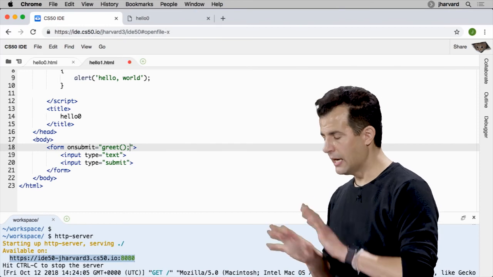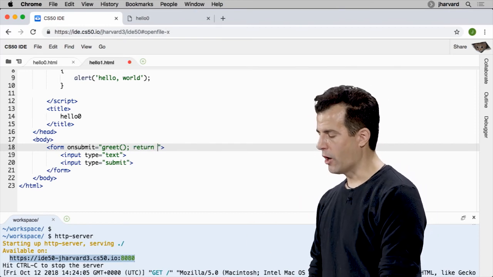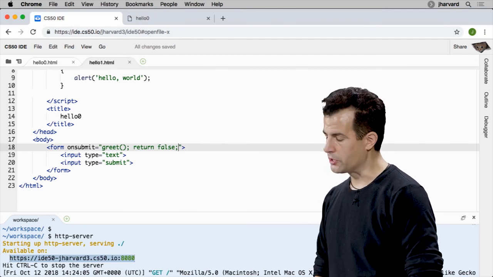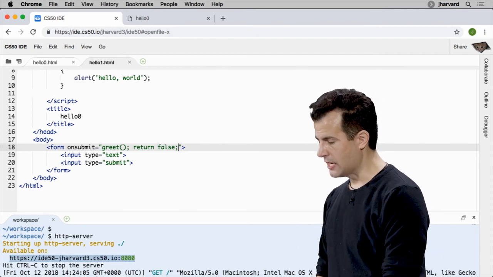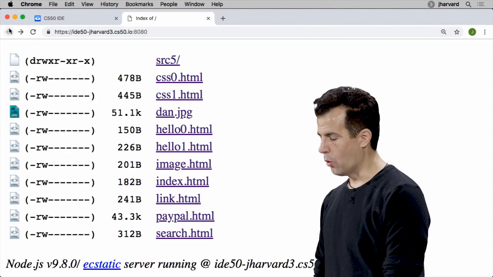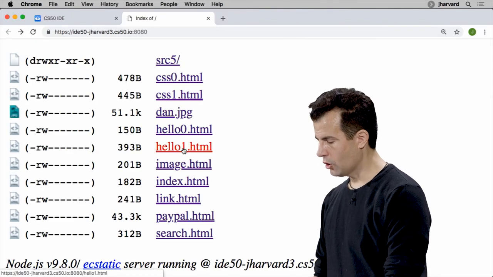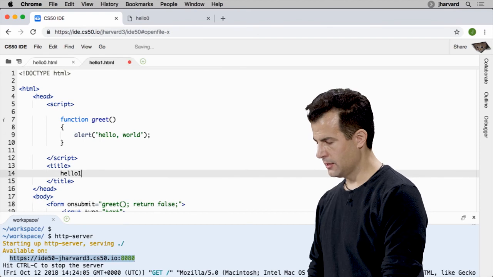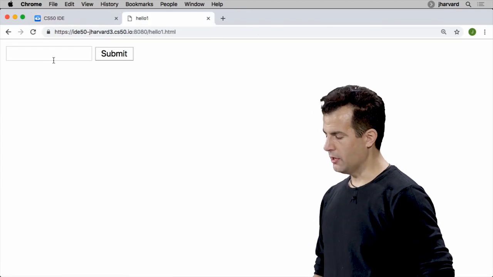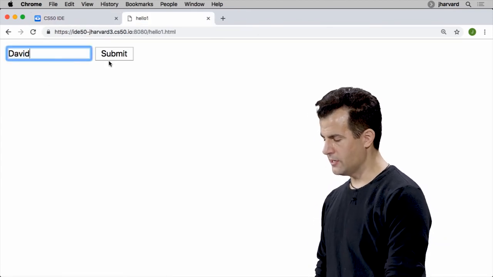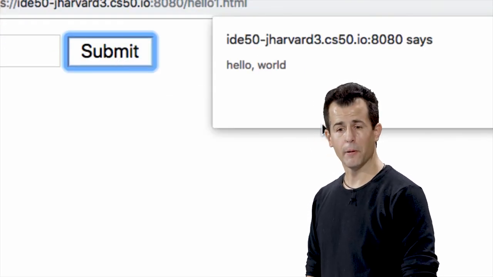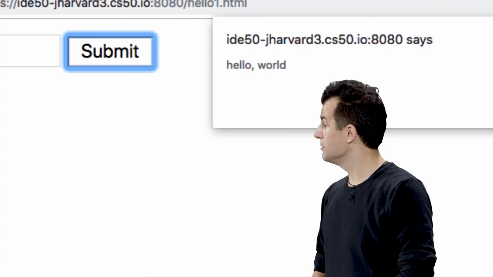So I can actually tell the browser on submission of this form to call a function that I wrote. And now let me just preemptively write return false for reasons we'll come back to in a moment, just to make sure this actually works. Now, let me go ahead and save this. Go to hello1.html. Open that up. And let me just change the title for consistency. OK, so hello1.html. And let me go ahead and say, David, submit hello world. All right, not really sure what the point of typing my name was, but it at least seems to work